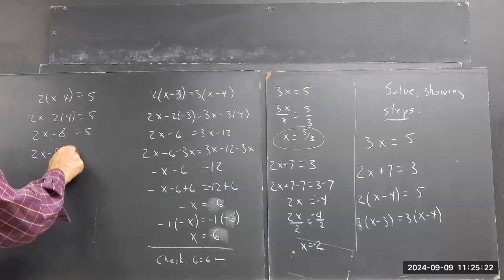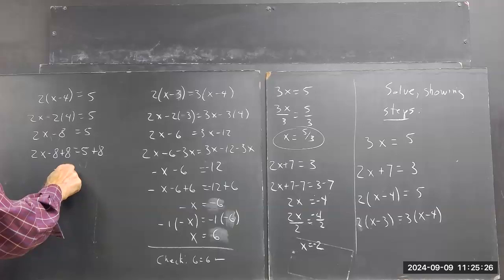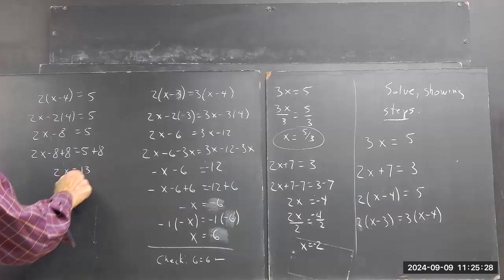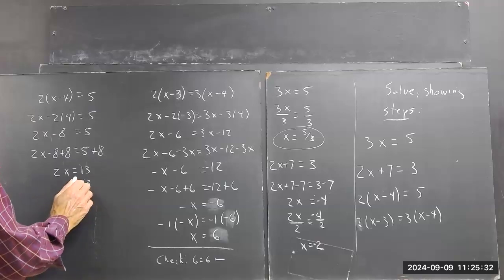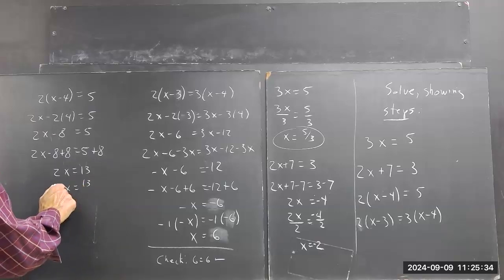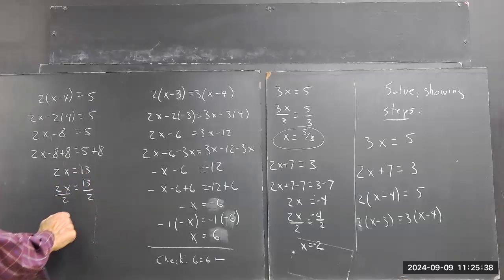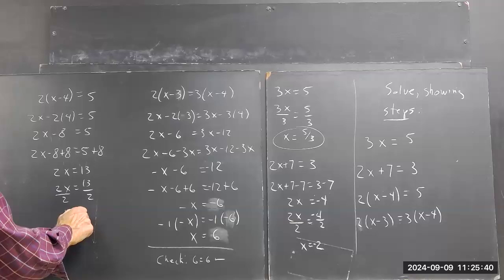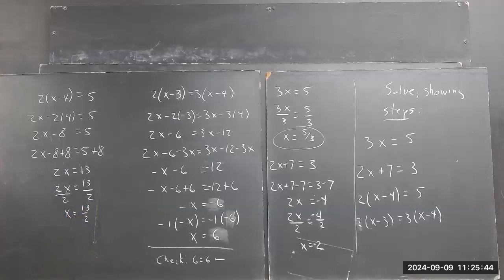Then we add 8 to both sides. We get x equals, well, 2x over 2 equals 13 over 2. x equals 13 halves. You write that as 6½ if you like, but usually if we're doing the arithmetic,